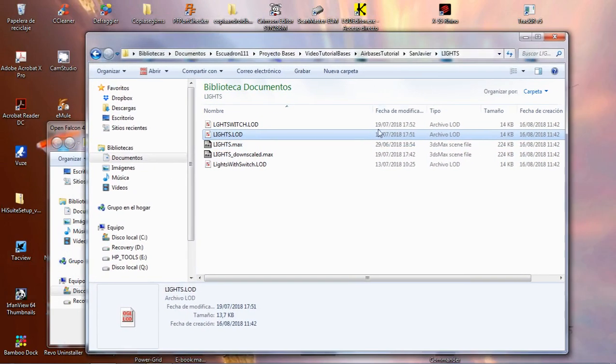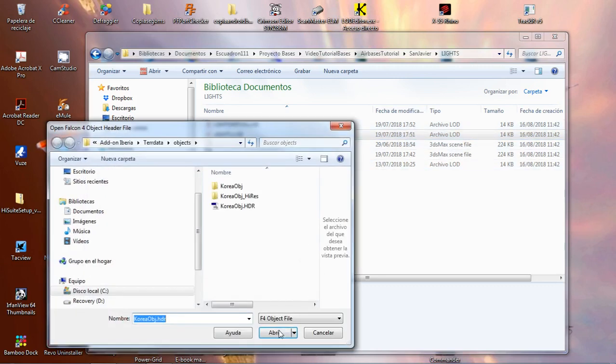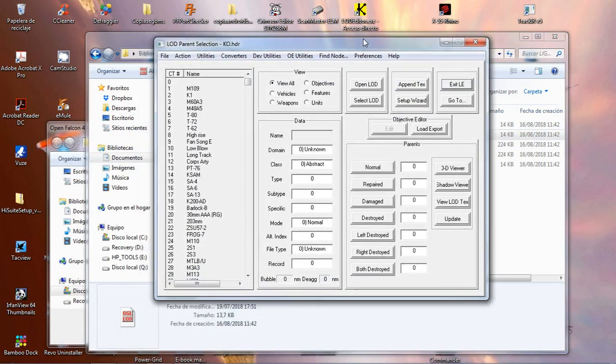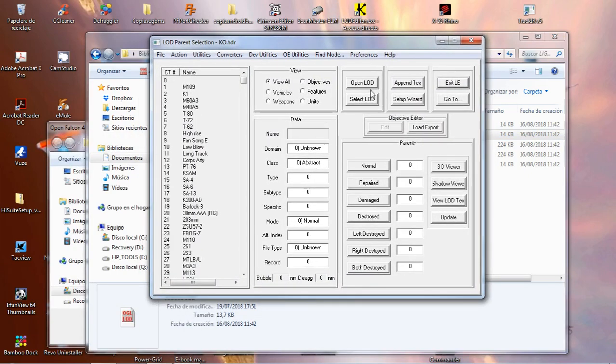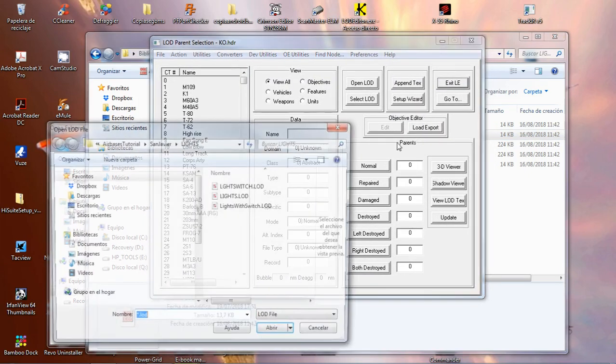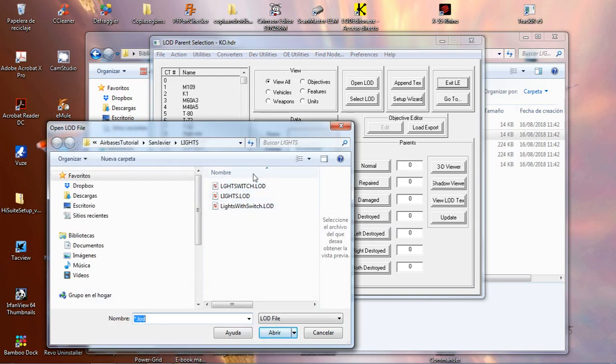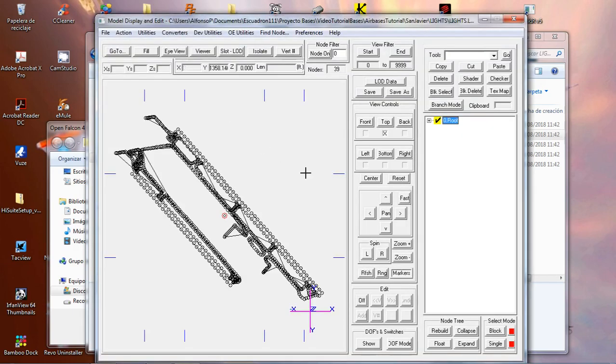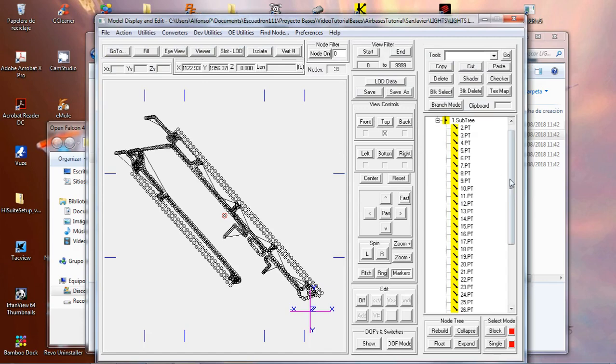So to add a switch 0, I will have to open first slot editor. This is one of the ways I can do it, and this is my favorite one because it's pretty easy. I open the file I want to add the switch to, which is this one, and I click on edit lot. Okay, this is the main structure